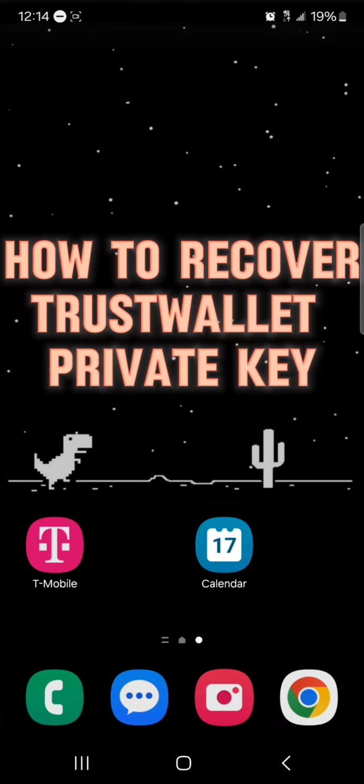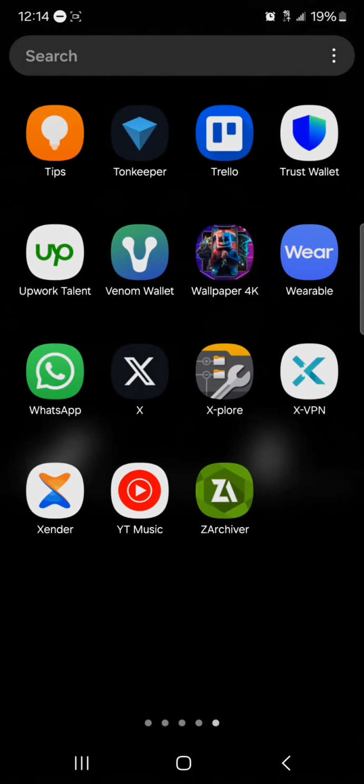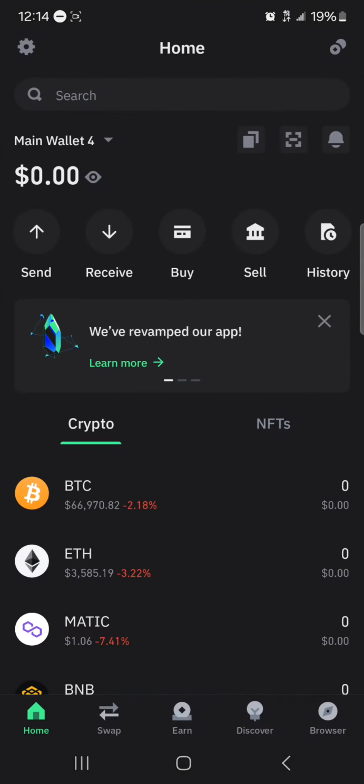And in this short tutorial video, I'll be showing you how to recover your Trust Wallet private key. It's easy to get your private key from your Trust Wallet account. All you need to do is simply open up your Trust Wallet. So once you've opened up your Trust Wallet, in order to get your private key or find your private key,